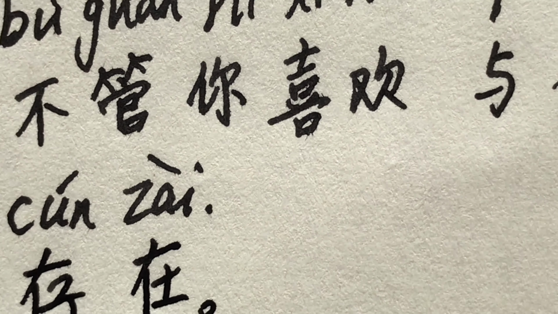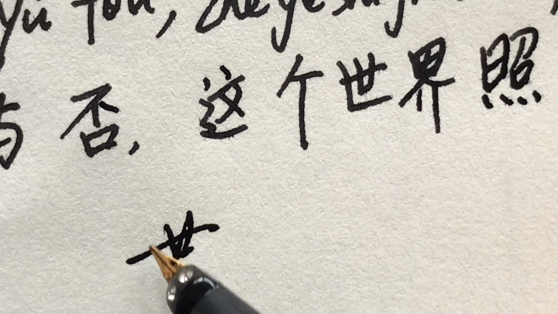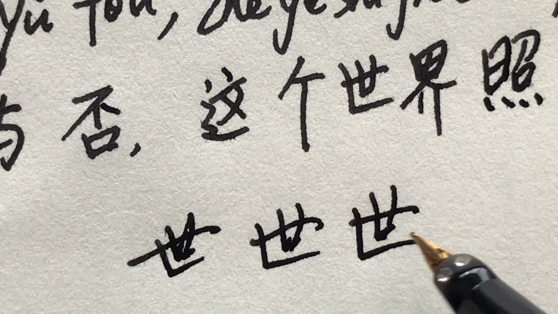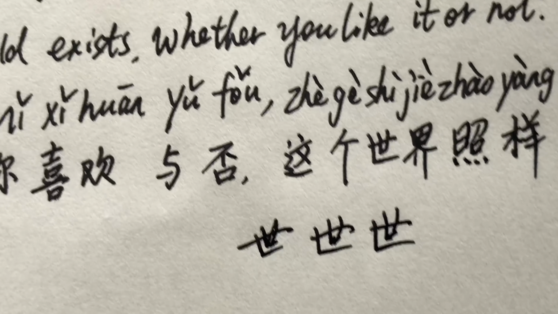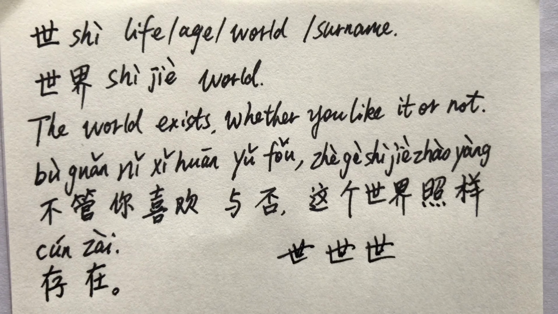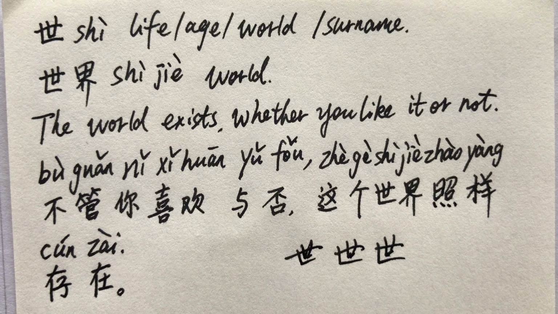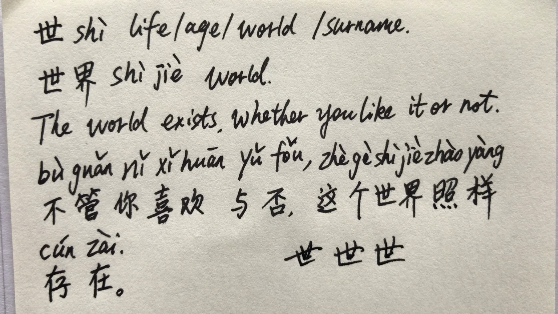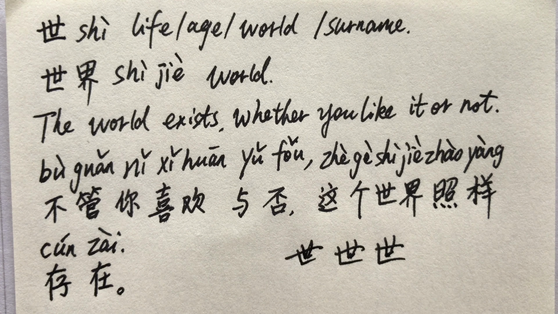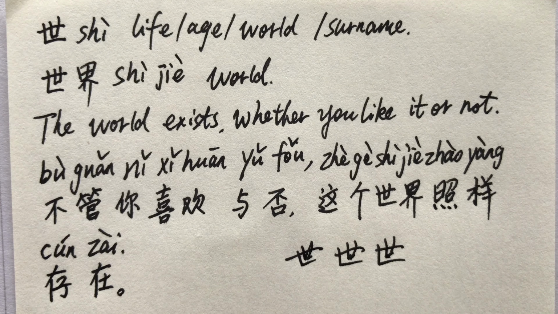My casual handwriting on the character 是: life, age, world, or Chinese surname 是. 世界 world. The world exists whether you like it or not. 不管你喜欢与否，这个世界照样存在。是